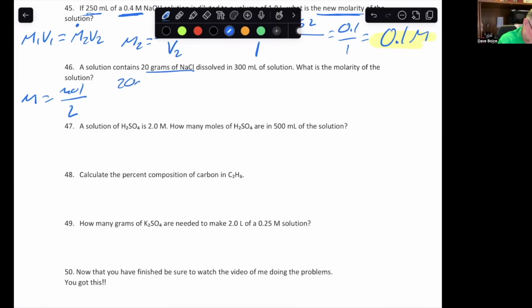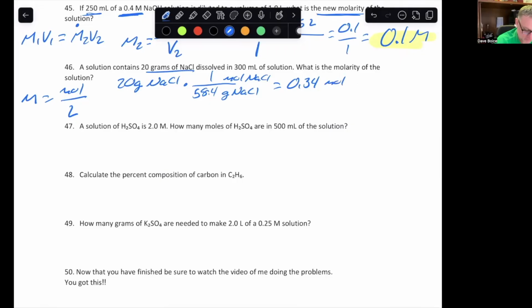So 20 grams of NaCl, move grams of NaCl down to mole. And 1 mole of NaCl is equal to 58.4 grams, which equals 20 divided by 58.4